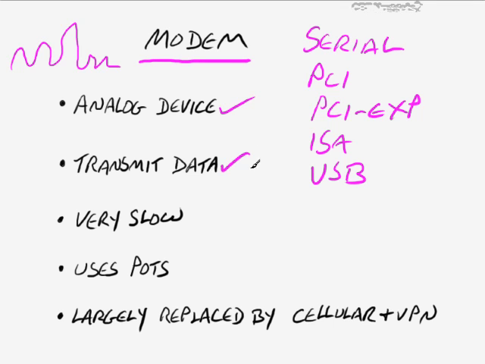But what they'll do is they'll transmit data. This could be anything. You could be transmitting data to get onto a network. For example, in the older days, and I mean 10 years ago or so, I used to travel for a company that every night we would have to connect to the home office using a modem, and we would do it using the phone lines in the hotel. Once we'd made that connection, it was just as if we were on the local network back in the office, except that we were limited to the very slow speeds of that modem.